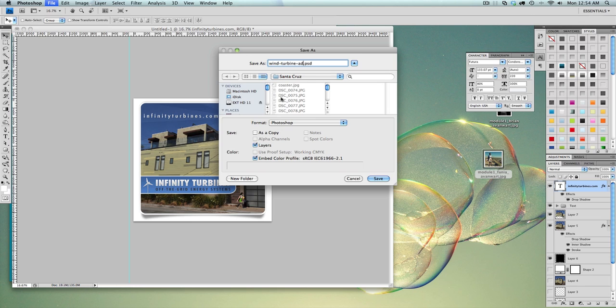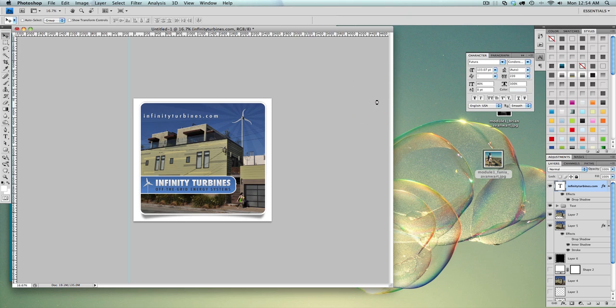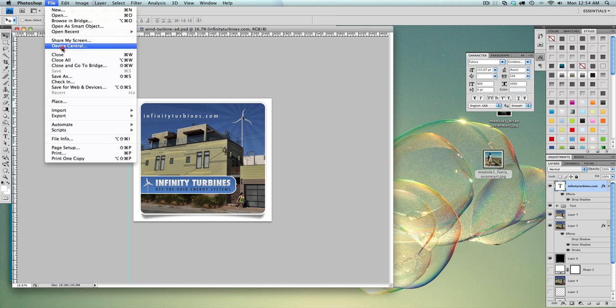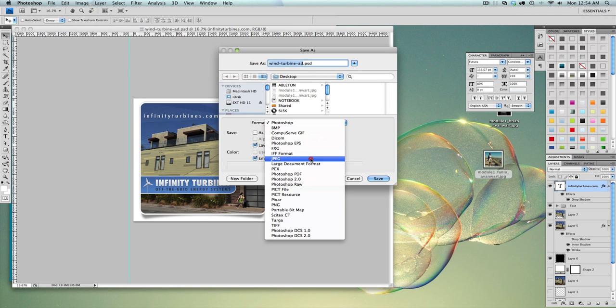as well as a JPEG. So we need the PSD file in order for me to be able to edit all the layers at a later time in case I need to change something. So make sure you're saving everything as a PSD for your own records. But for the class blog and for turning in your homework, you need to save everything as a JPEG in